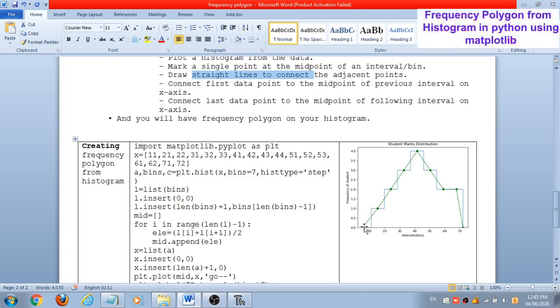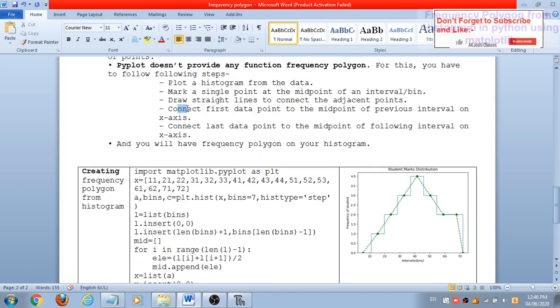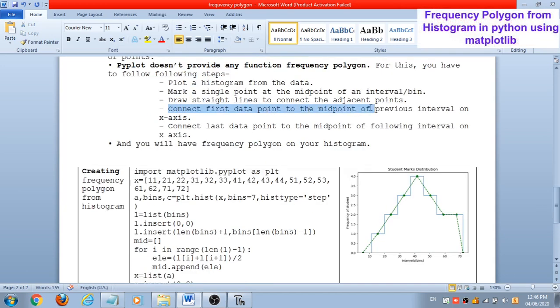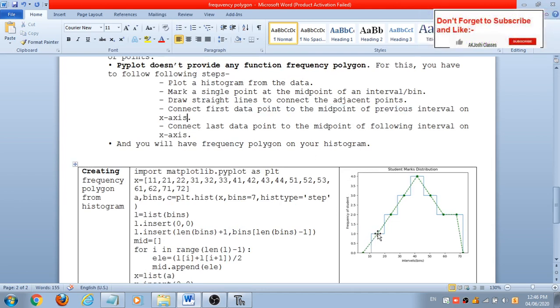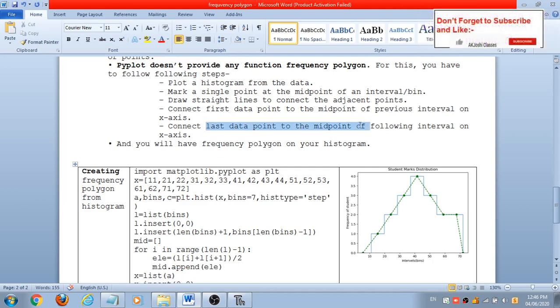Like this you can make an additional line. So these two lines are extra, meaning connect the first data point to the midpoint of the previous interval on the x-axis. Then connect the last data point to the midpoint of the following interval, like this.